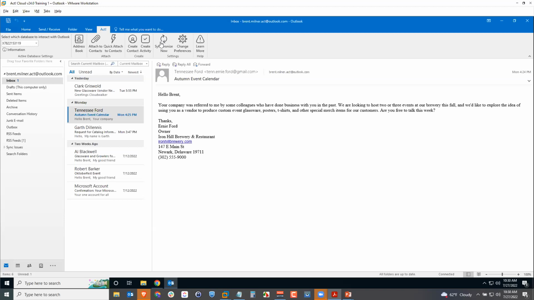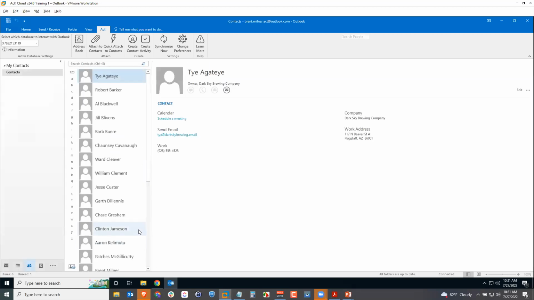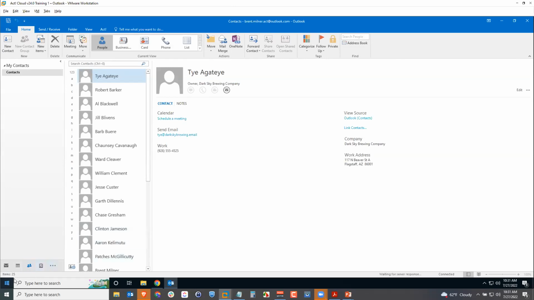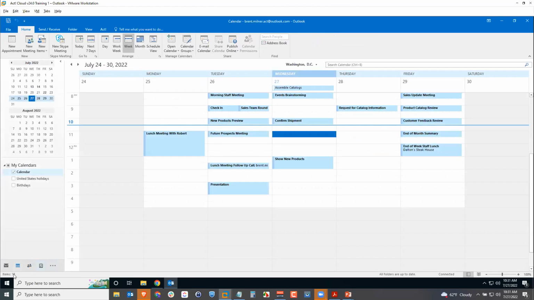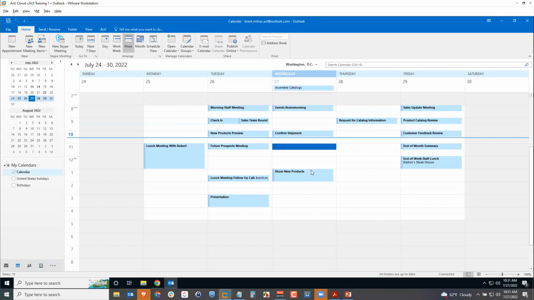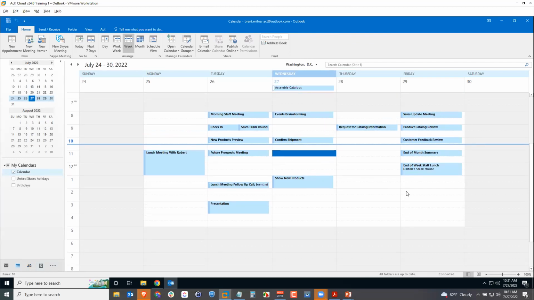So let's make a note of some things, first of all, before we even start to synchronize. For example, how many contacts do I have in Outlook? If I click the contacts button, you can see I have 25 contacts here. When I synchronize with ACT, I should see that number increase. Same thing with my calendar. I've got 18 items on my calendar, pretty busy. And I pre-populated this with a lot of stuff so that we would see a difference once we do a